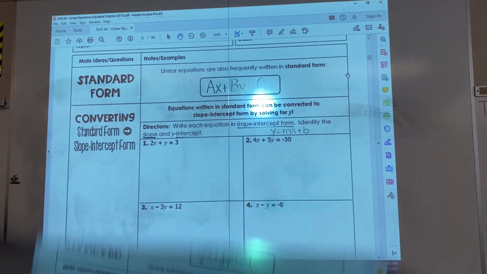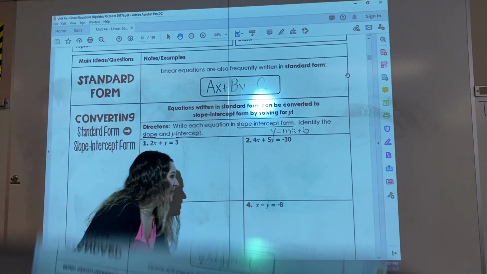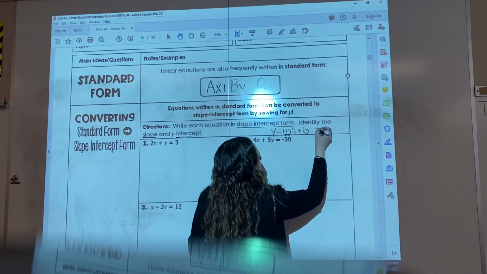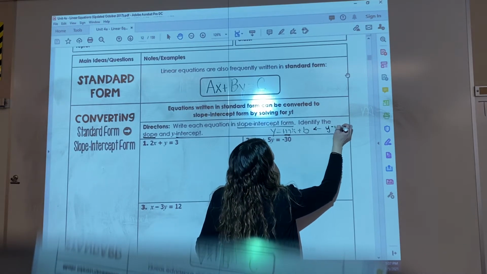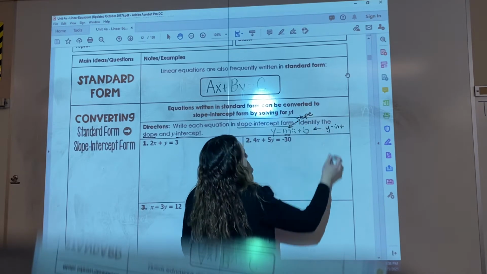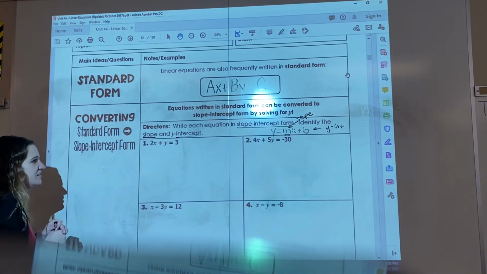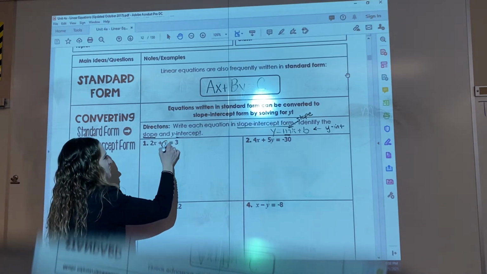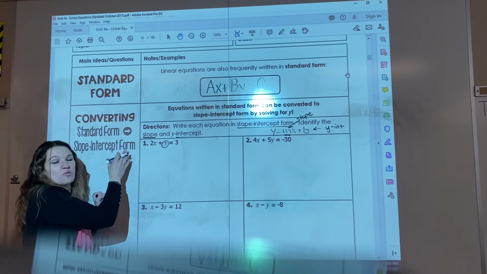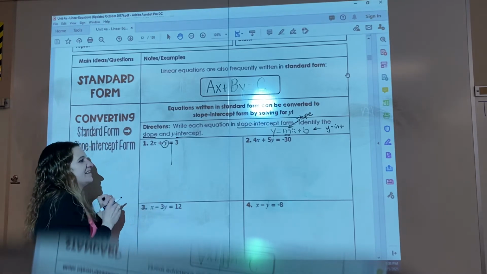And we remember that our slope is always identified. That's our m, that's our slope. And the b is always our y-intercept. So here's our m, that's our slope. And the b is our y-intercept. So technically, we're solving for y. In order to get rid of everything around the y on this side of the equal sign in this equation,